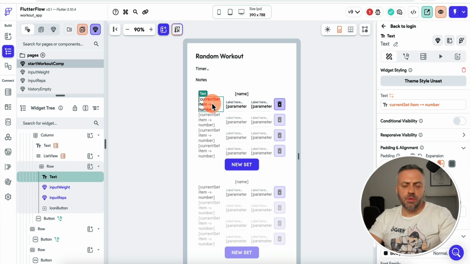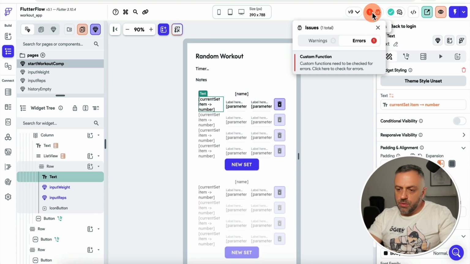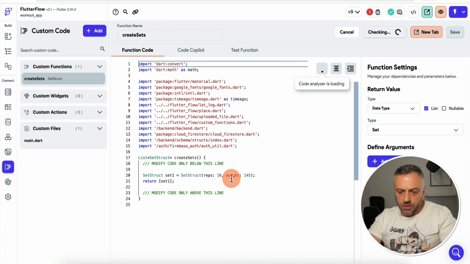Because this is just going to be a number. That's kind of what we want. We want this to be kind of uniform, right? We don't want one field to monopolize all the space. Okay, now what we need to do is go to this custom function, and when we create